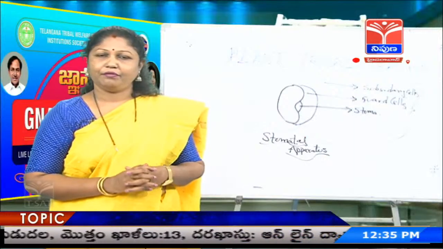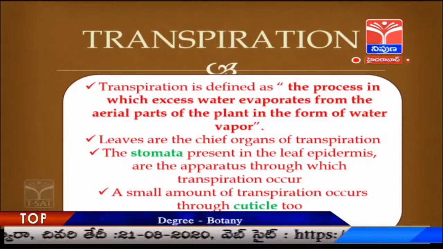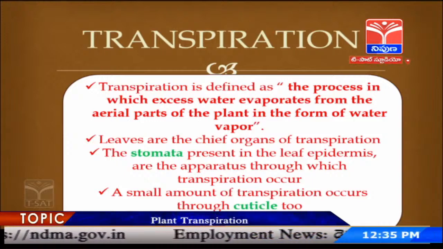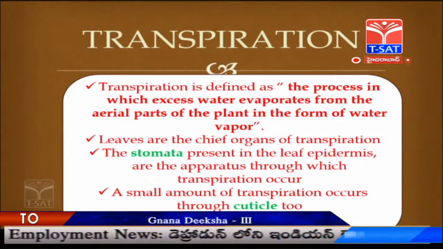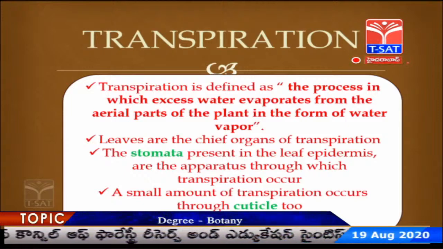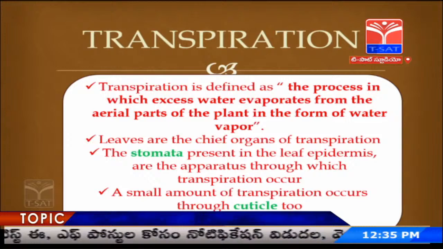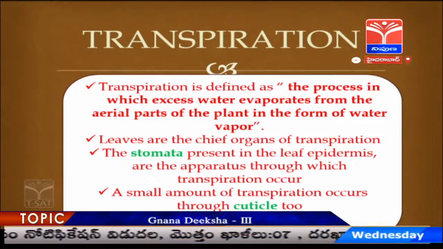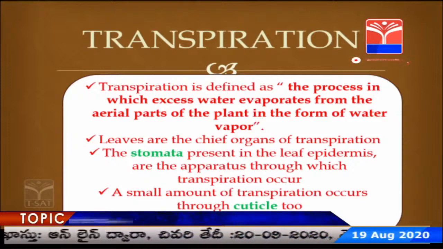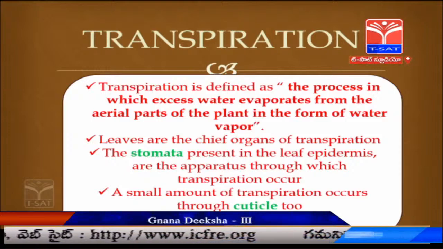Since the leaves are flat appendages and the maximum amount of stomata are found on the leaves, we find that leaves are the primary source for transpiration. Besides that, we can also find a good amount of stomata depending upon the plant species and where this particular plant grows, whether terrestrial or aquatic. If it is terrestrial, whether it is a temperate plant or a tropical plant or otherwise. So, the number of stomata will vary, and on the soft aerial parts of the plant also, like on stem, on floral parts and on fruits, you come across a varying number of stomata.